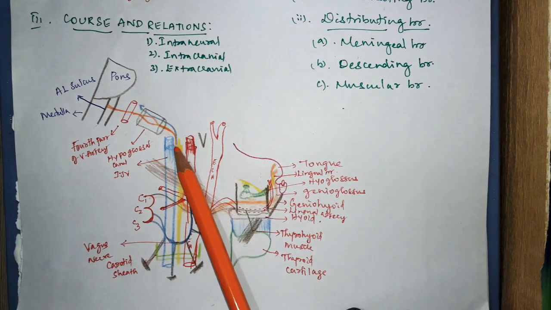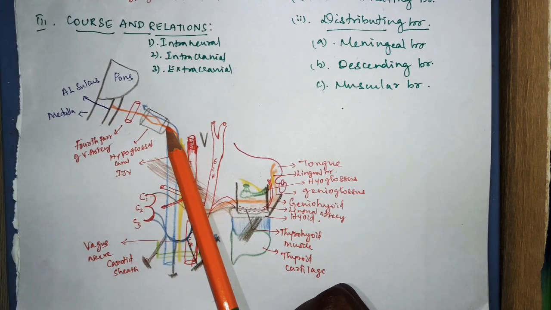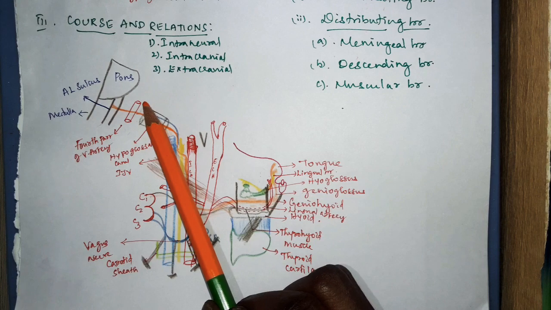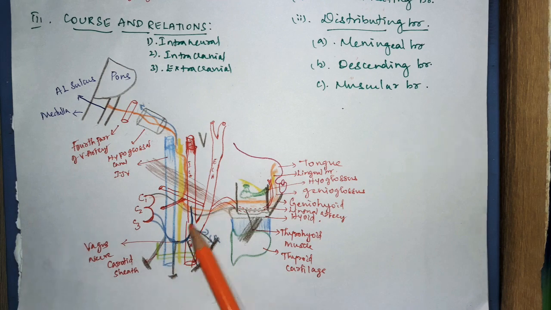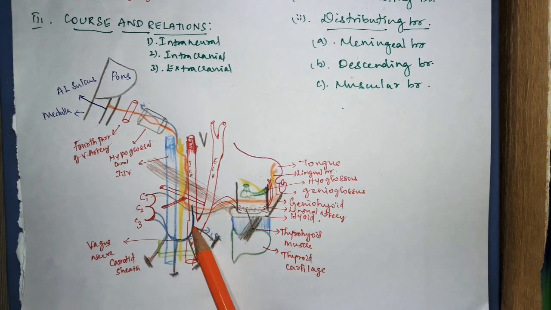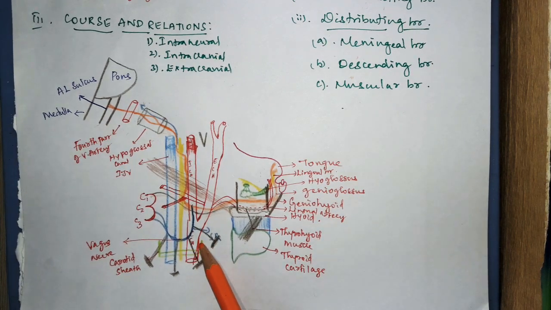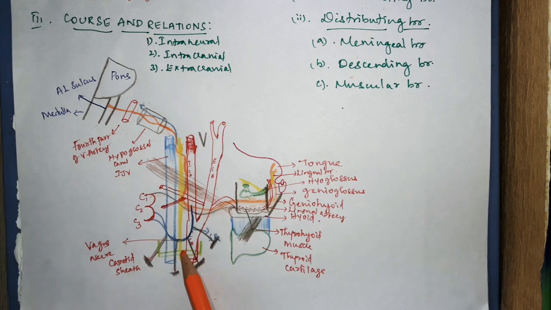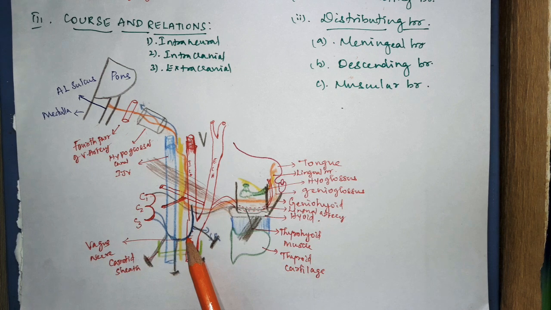The meningeal branch, after originating from the hypoglossal nerve, re-enters the posterior cranial fossa by passing through the hypoglossal canal and supplies the meninges over the posterior cranial fossa. The next one is the descending branch. This arises from the hypoglossal nerve within the carotid triangle. It runs forward and downward over the carotid sheath and forms the superior root of the ansa cervicalis. This is also called the descendens hypoglossi. The inferior root of the ansa is formed by C2 and C3 fibers, and these two roots unite to form the ansa cervicalis, a thin nerve loop embedded on the anterior wall of the carotid sheath.